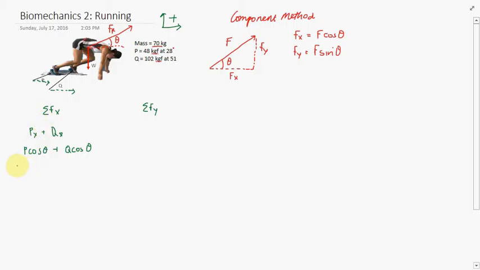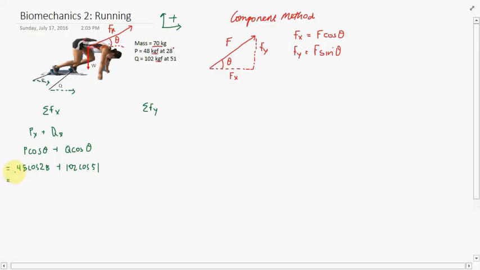Then it's just a matter of plugging in the values. This is 48 times the cosine of 28 plus 102 times the cosine of 51, which gives me a value of 42.4 kilograms of force plus 64.2